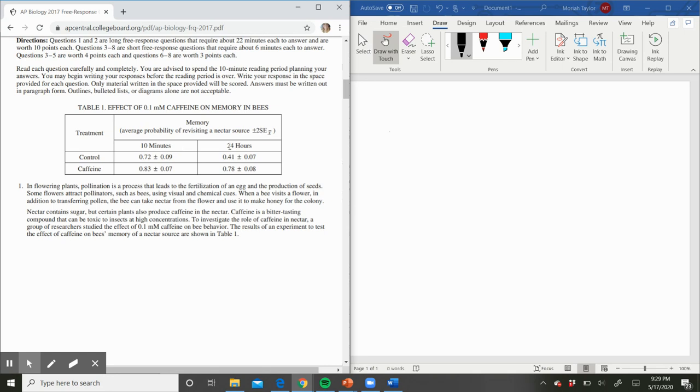And then it gives you the time. So it says 10 minutes and 24 hours. If you see time on a table, most likely that will be the x-axis. And then the y-axis is always going to be your dependent variable. So what changes throughout that time frame, and what changes based on the treatment. So your independent variable will always be the x-axis, and then your dependent variable will always be the y-axis. So I'm going to write that down. So your independent variable,